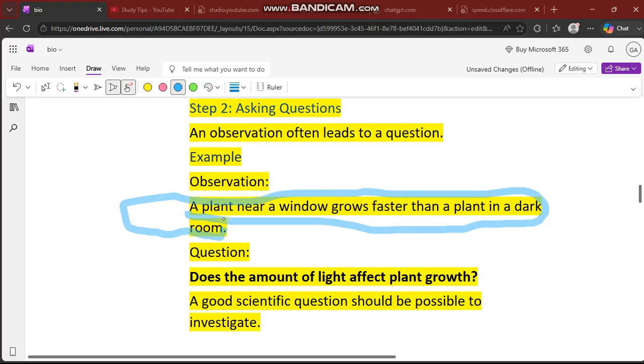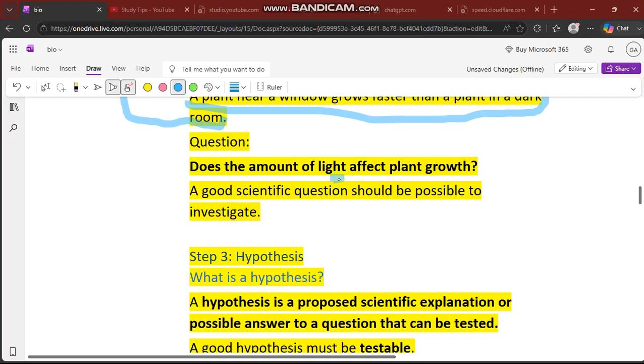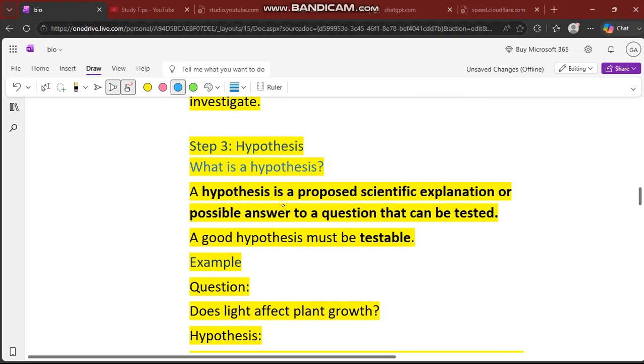So we need to ask a question okay does the amount of the light affect the plant growth but question መጠየቅ ይኖርብናል okay so does the amount of light የሚያስፈልገው የብርሃን መጠን ያ ፕላንቱ የሚያገኘው የብርሃን መጠን የፕላንቱን እድገት አፈክት ያደርጋልን ብለን ጥያቄ እንጠይቃለን ማለት ነው a good scientific question should be possible to investigate so ዝም ብለን ማየውን ነገር ሳይሆን ጥያቄ reasonable እና ደግሞ ሊመረመር ሊደረስበት የሚችል አይነት ጥያቄ መጠየቅ ይኖርብናል ማለት ነው so because ያንን ጥያቄ ከጠየቅን በኋላ ለዛ ደግሞ hypothesis ሰው ሊያስቀምጥልን ይችላል either ደግሞ እኛ ራሳችን ልናስቀምጥ ስለምንችል ማለት ነው